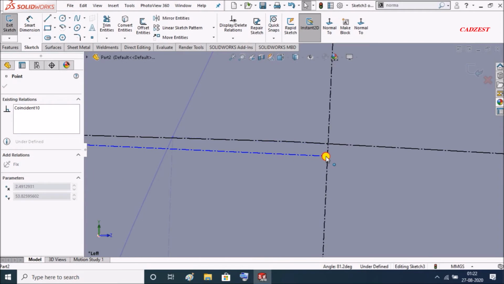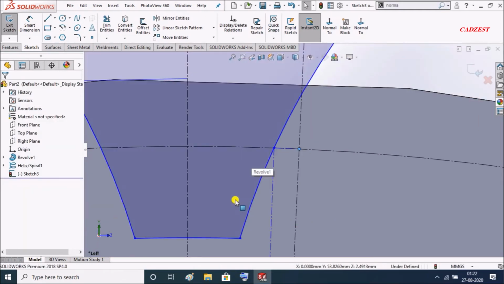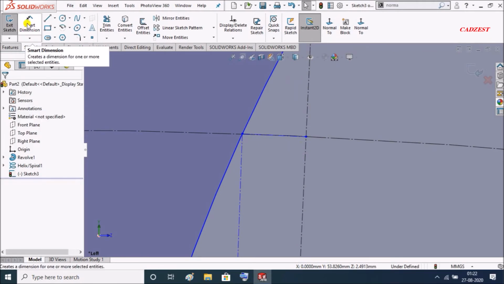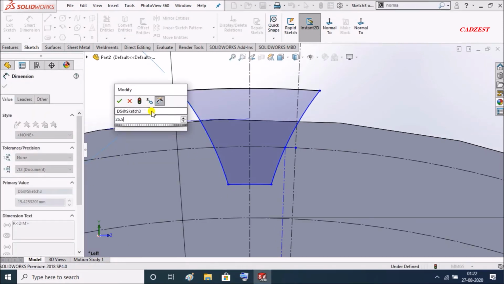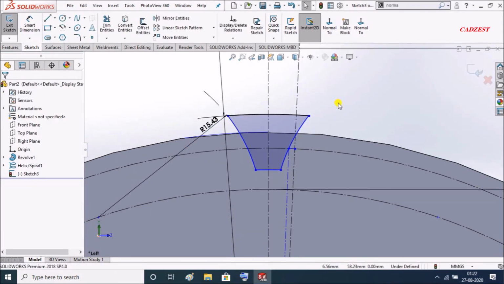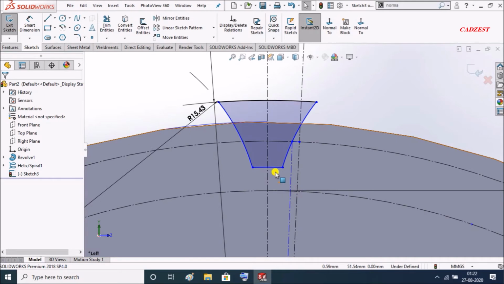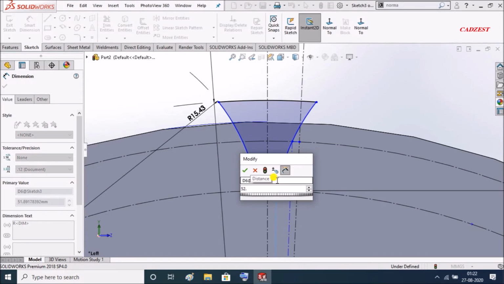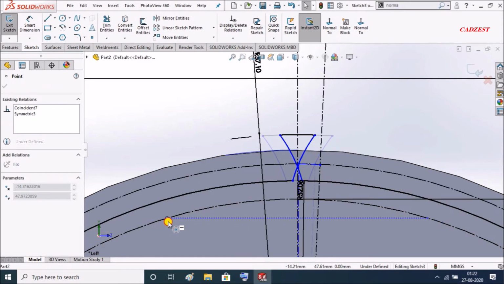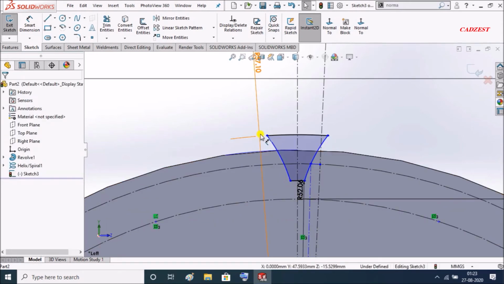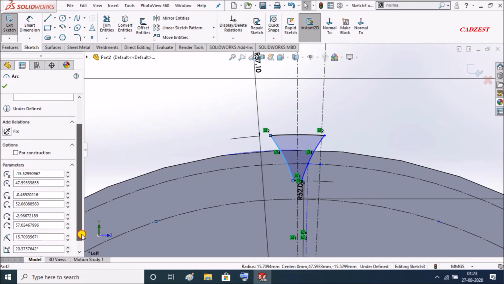So now keep radius to this arc 25.5. Sorry, give radius to this 52.0630. I'll just try to change from here.